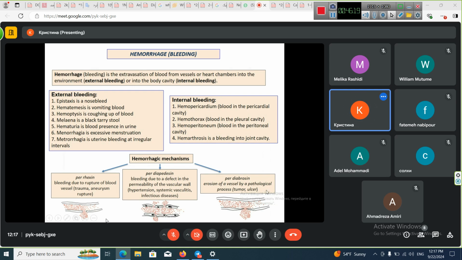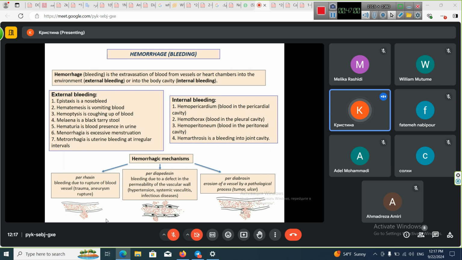And finally, hemorrhage per diabrosin means the erosion of a vessel by some pathological process, such as a tumor or ulcer. So here you see dead endothelial cells. They were killed, for example, maybe by gastric juice. If we are talking about the stomach ulcer, this is when the acid which normally fills the cavity of the stomach, for some reason